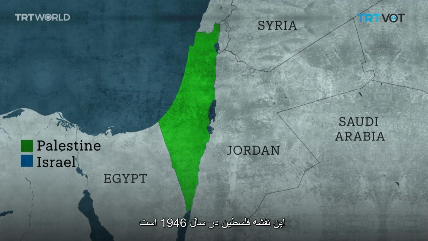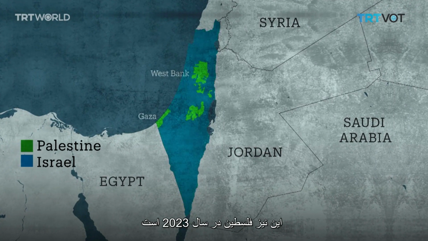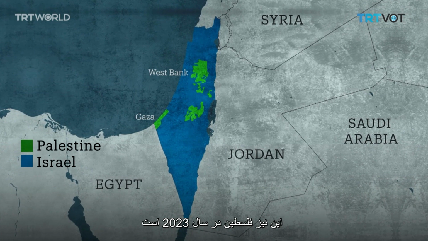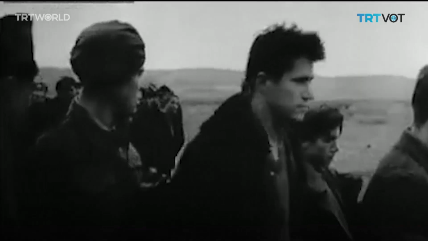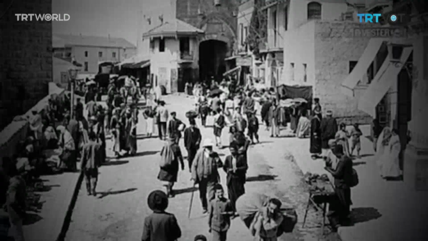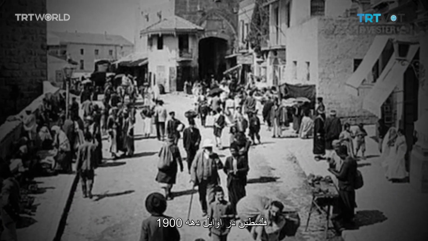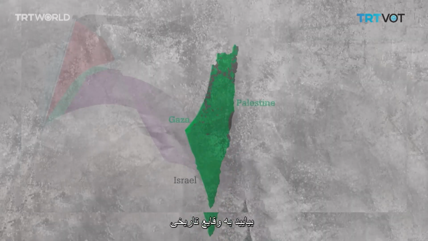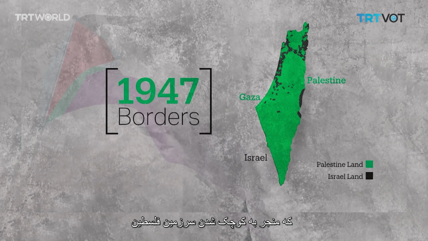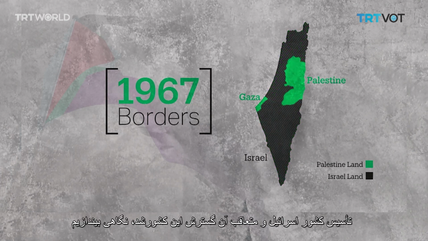This is a map of Palestine in 1946, and this is Palestine in 2023. The drastic change involved the killing of thousands of Palestinians, with millions of others being displaced over the course of over 7 decades. Here are the historical events that led to the shrinking of Palestinian lands and the foundation and the expansion of